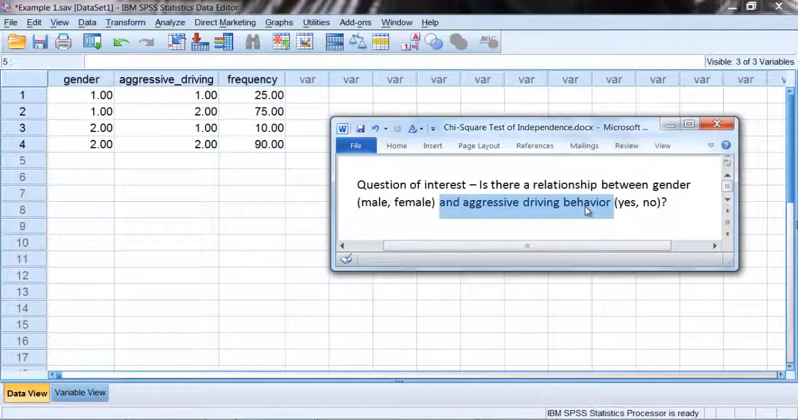What happened in this hypothetical study is we have 200 people, where we have 100 males and 100 females. And then we asked each of these persons through a series of questions on a survey whether or not they engaged in aggressive driving behavior. So for example, did they run stoplights? Did they tailgate anyone? This sort of thing. And based on the survey responses, they were coded either a yes, they engaged in aggressive driving behavior, or no,